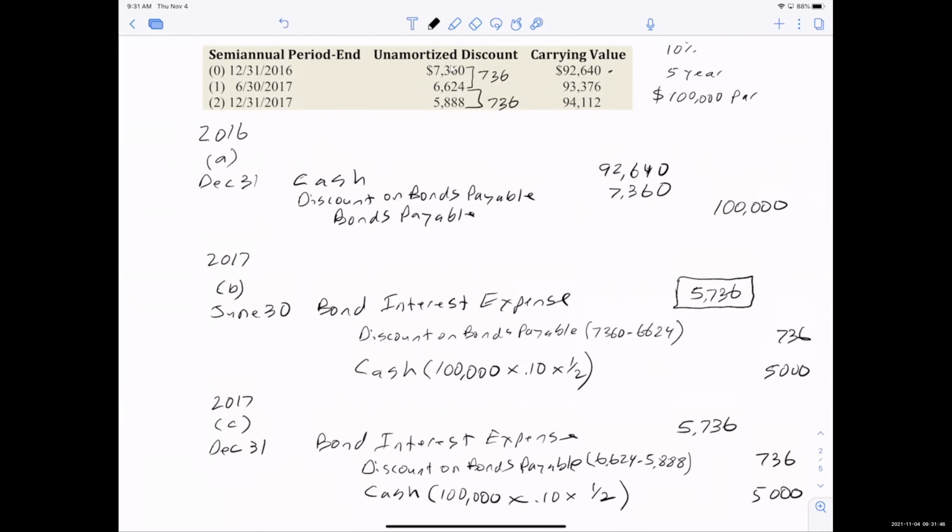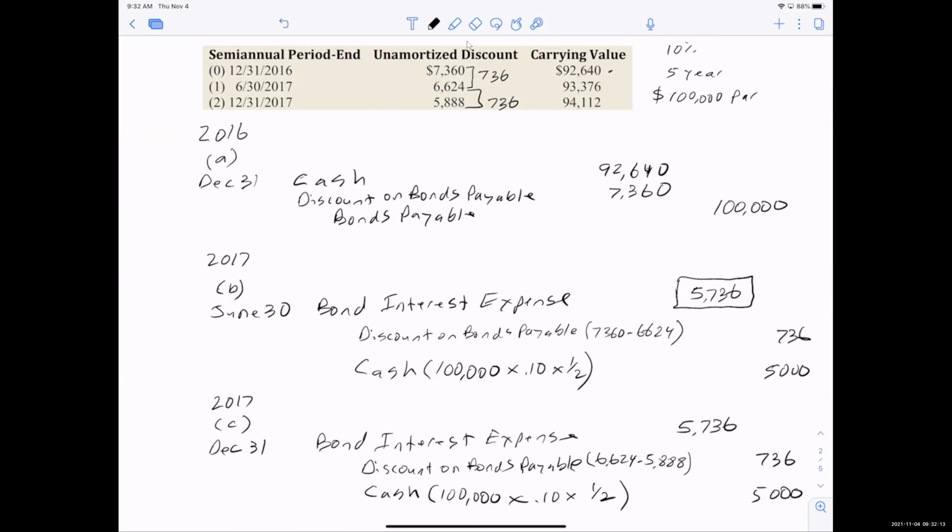And we know that it's going to be 10 payments, right? Because it's 5 years, 2 payments every year. So over 5 years, that's 10 payments. I just go 7,360 divided by 10, and that's how I'd get that. That's how I would do it. But how they're making you do it